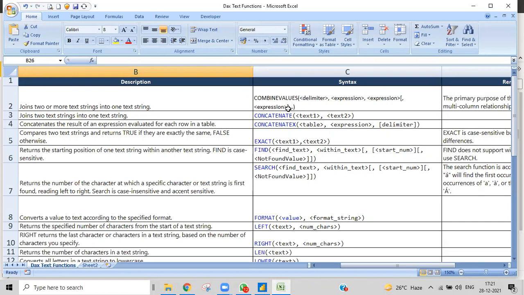Whenever there are dots after that, it means we can write multiple expressions, multiple string values. There is no limitation in that. Whenever it is in square brackets, you can write it or not. Here two expressions need to be given, that is mandatory. We can't give less than that. We need to give two expressions and one delimiter, that is a must. After that, it's up to us how many strings we want.